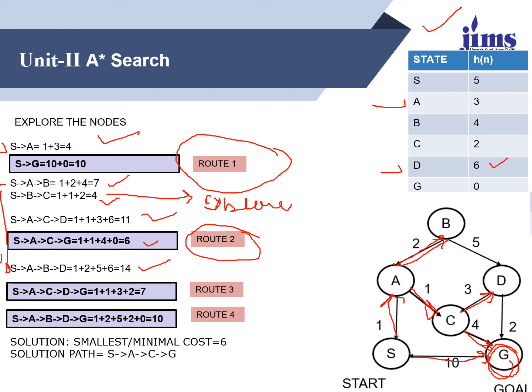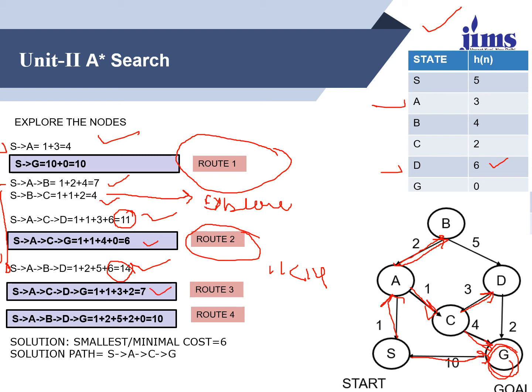Now further on again we see which node is unexplored. So the node which is not explored and left is S to A to C to D, that is 11 and 14. Among 11 and 14, 11 is less than 14. So we explore the 11 cost path first of all, that is S to A to C to D, which leads to G. Again we reach the goal node and the total cost will be S to A is 1, A to C is 1 plus C to D is 3 plus D to G is 2 plus 0. So it becomes 7.